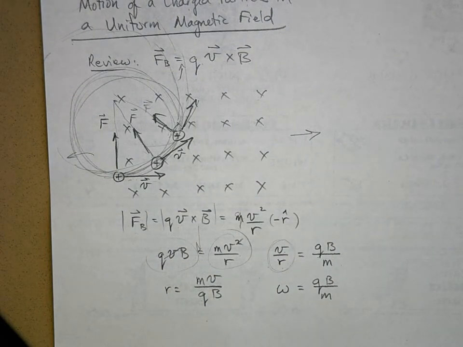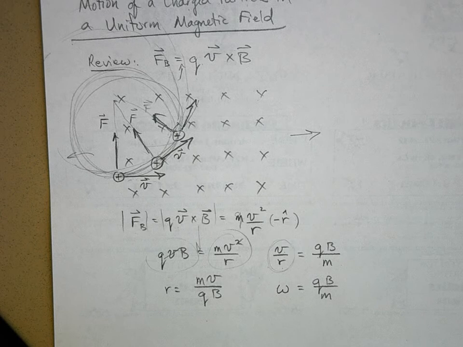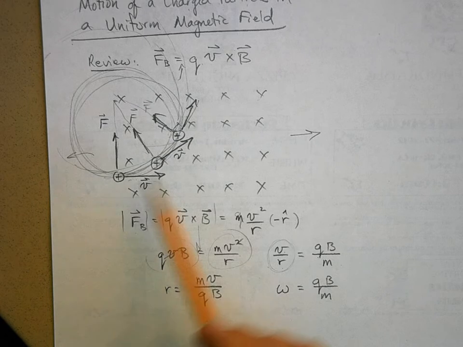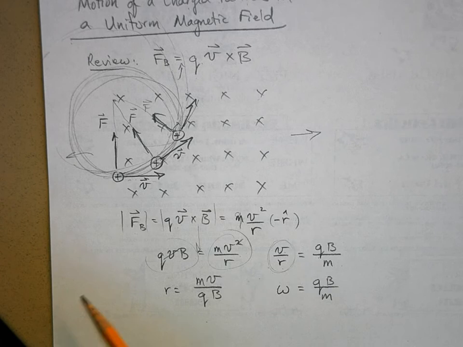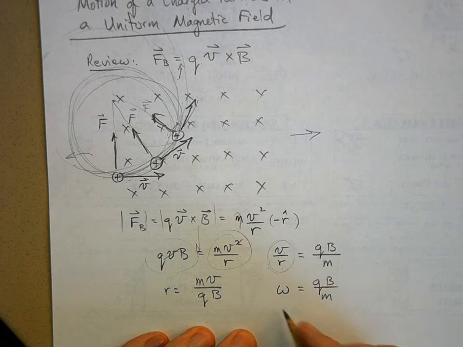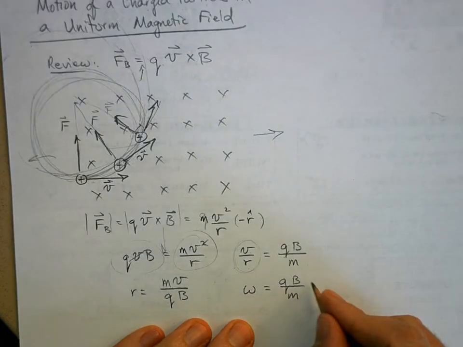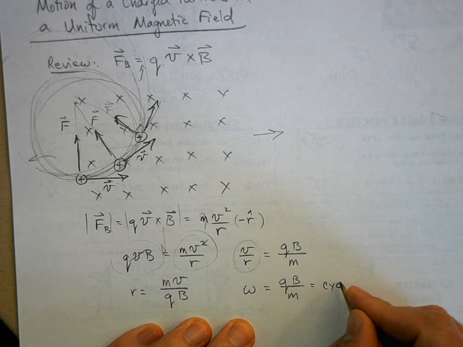And from this we can figure out all kinds of things. We can figure out the period, how long it takes to go around once. This is in radians per second, so I can figure out the frequency, how many complete circles it makes per second. I can figure all kinds of stuff out. But this right here has a fancy name, and it's called the cyclotron